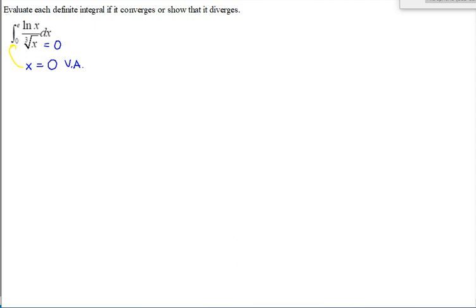So this one we've got the integral from 0 to e of natural log of x divided by the cube root of x. In this form, you might think we'll use substitution. If you let u be natural log of x, the derivative is 1 over x. That's not going to help you cancel out a cube root of x, so that wouldn't really work here. And in this form, there's no quotient rule for integration. The closest thing we have to the product rule is integration by parts, but that requires the things to